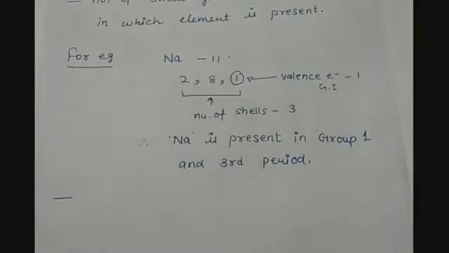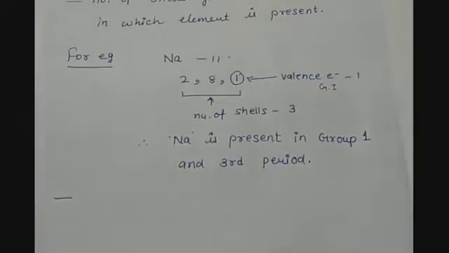But you can find out one relation: when the valence electrons are 1, 2, 3, 4, then you can determine the group number. But what if the valence electrons are more than 2, or you can say 5, 6, 7? So till 7 we can have the valence electrons, but the groups present in the modern periodic table are 18 in number. So what is the relation between the valence electrons and the groups of the modern periodic table?